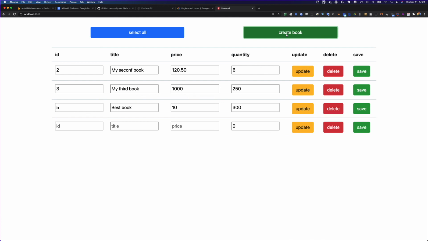And similarly I can create new also. If I click on create new book, I can give a new ID. Of course, if it's a real application, you will have some validations on whether different IDs are given or not. So new book and some price, let's say 33.44, and the quantity is maybe 100 books, and then I click on save.